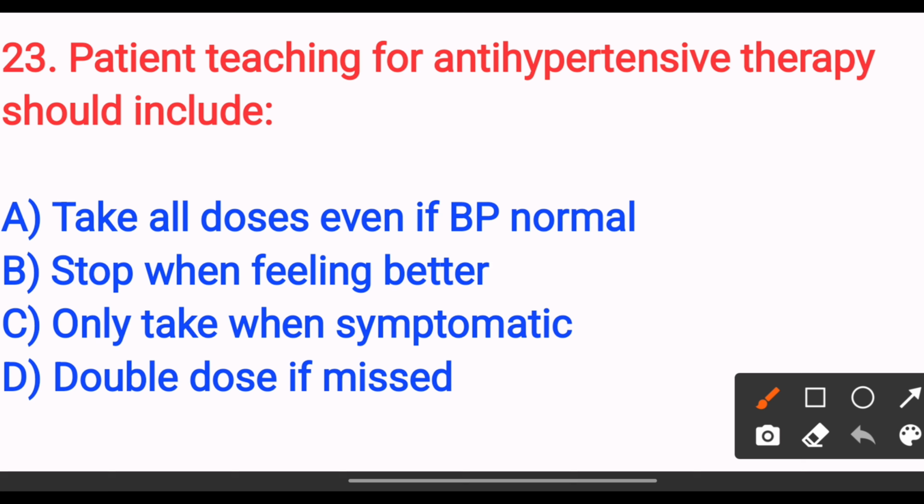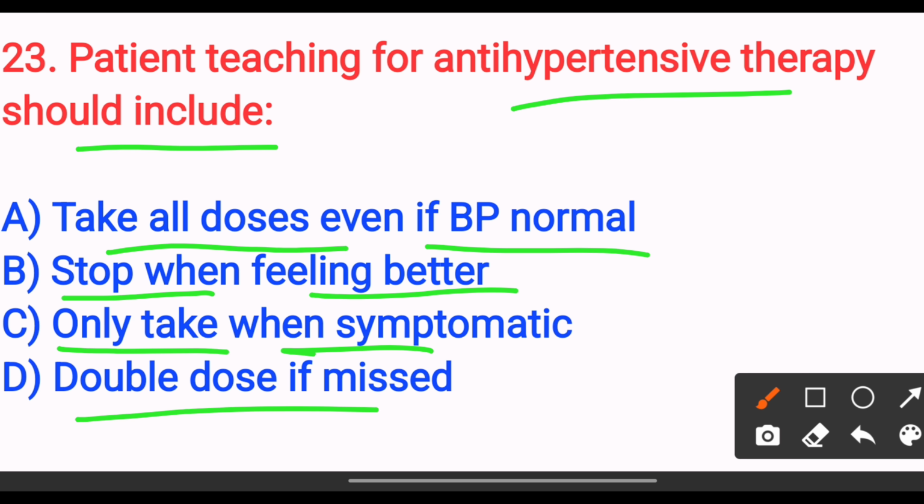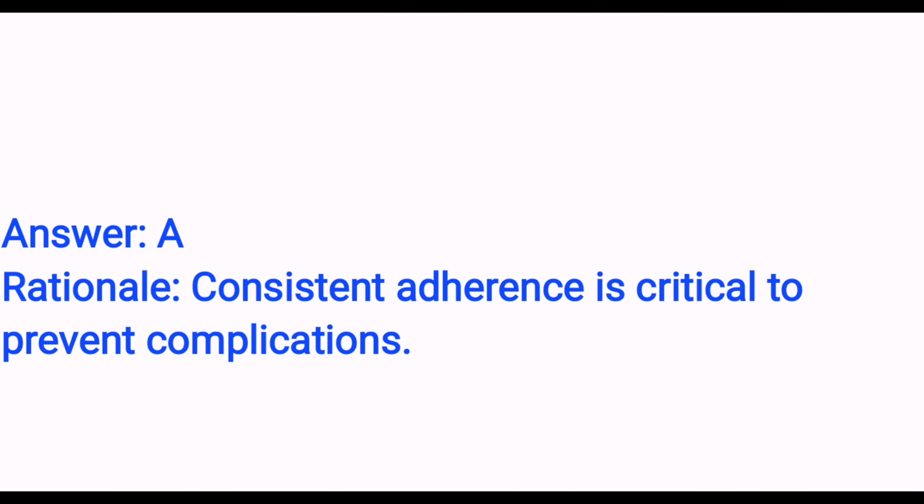Patient teaching for antihypertensive therapy should include: option A, take all doses even if BP is normal. Option B, stop when feeling better. Option C, only take when symptomatic. Option D, double dose if missed. The answer is option A, take all doses even if the BP is normal. Consistent adherence is critical to prevent complications. Next,